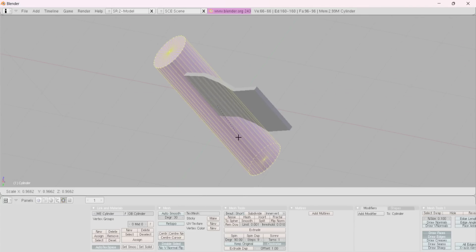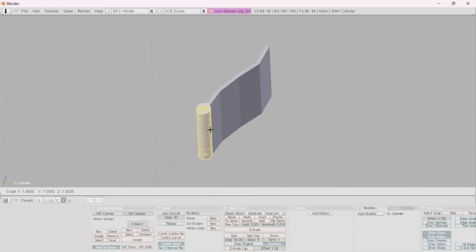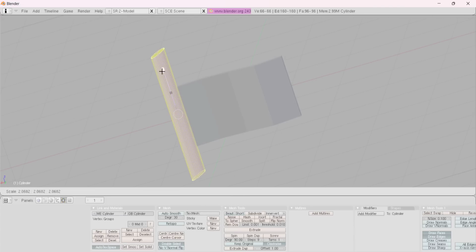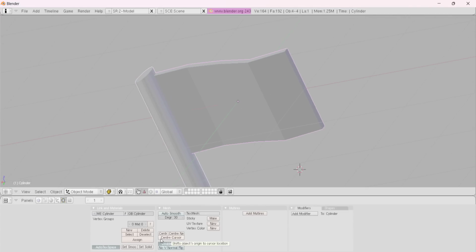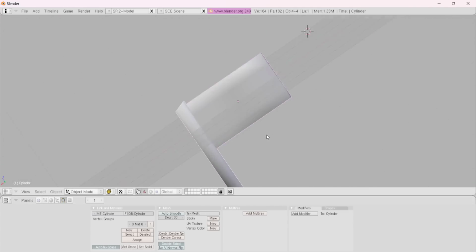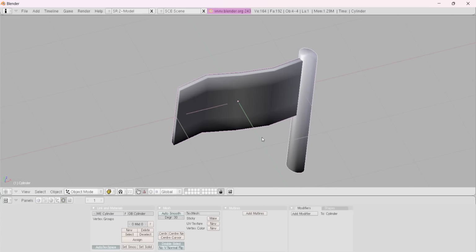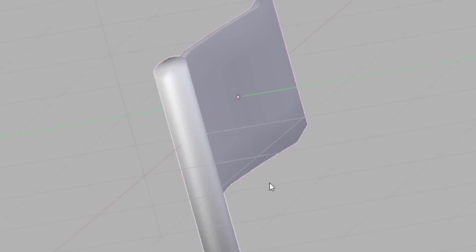Now I just want to say this thing did get a bit squashed at the top and a bit messed up, but I was able to scale it, and I kind of got it right. I did fix it later in the video, so it's all good. But as you can see, I've got a rough flag shape, which I will be fixing up in a second, but I was able to shade it smooth, and I thought, you know what, that really looks like